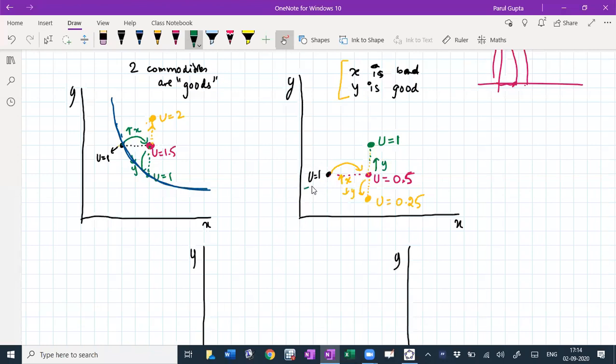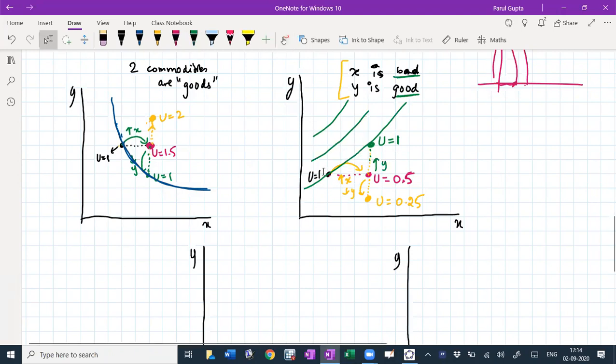So in this case, your indifference curves will have this kind of shape. They will be positively sloped rather than downward sloping. So this is when we have x as a bad and y as a good. Is this clear? Why are we getting upward sloping indifference curves rather than downward sloping? Yes, so far? Okay, good.